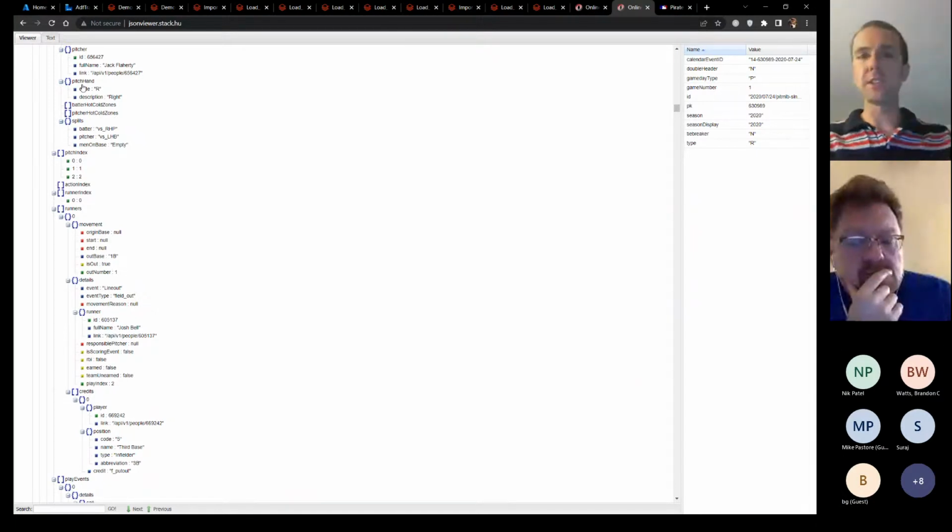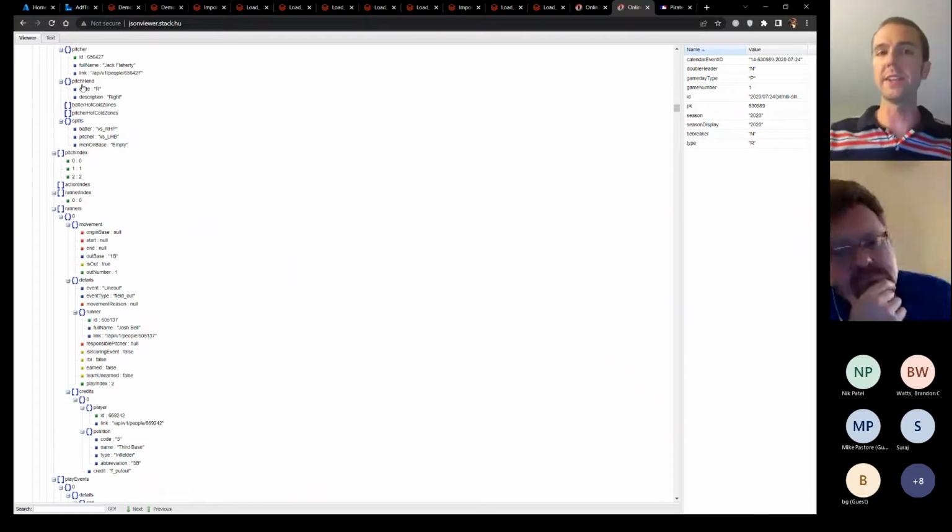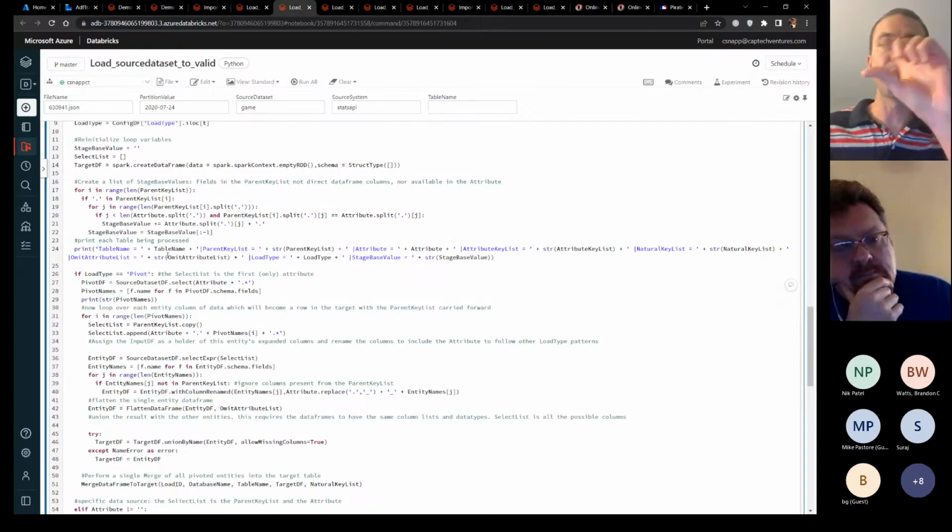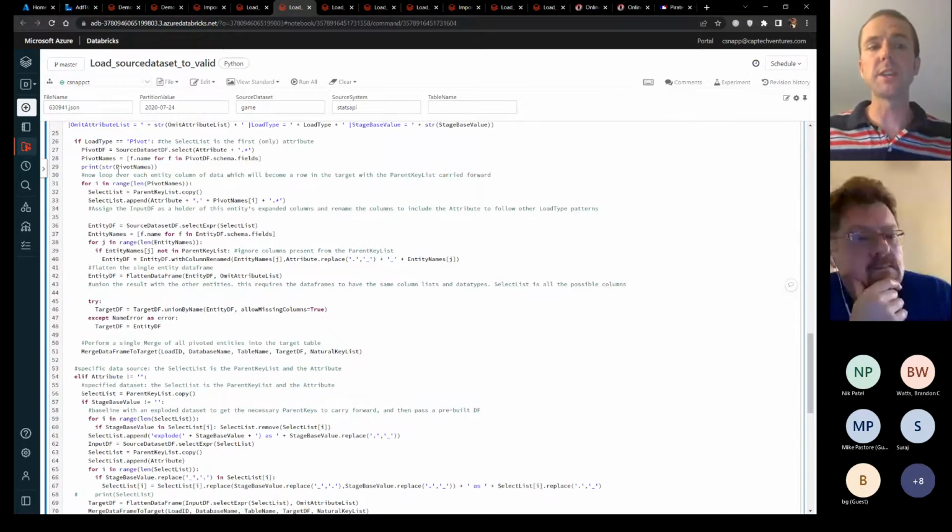So all the players, each one gets its own row, not each ID getting a series of columns, because then it would just be a super wide table. So that's what I did with embedded arrays of JSON: I pivot them down. And this knows how to do that. This knows how to go through and say which of the names are pivoted and which ones are not. And that's in my configuration as well.